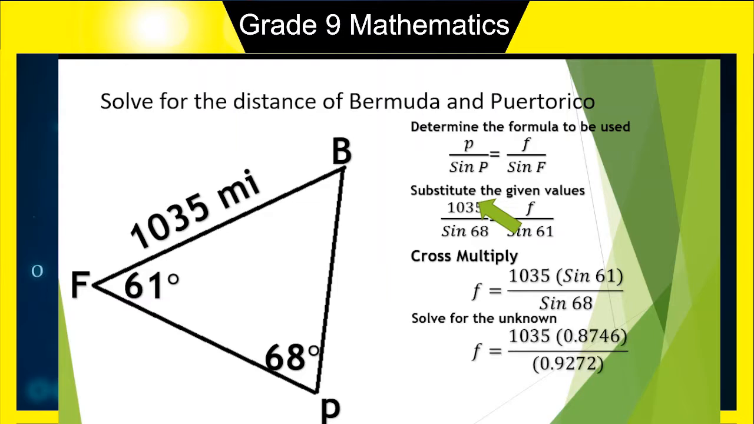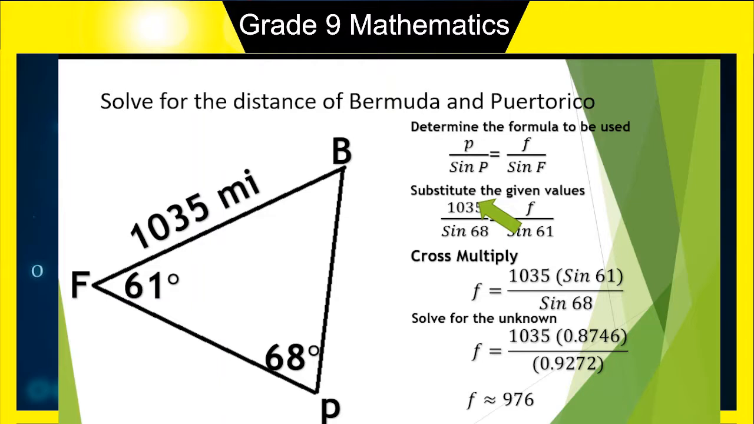And then from there, what you will do is to press on your calculator first sine 61. That gives us 0.8746, and then sine 68, which will give us 0.9272. And then from your calculator to solve for F, what you will do is to multiply 1035 times 0.8746 over 0.9272, which will give us